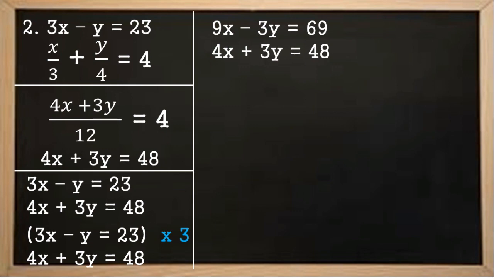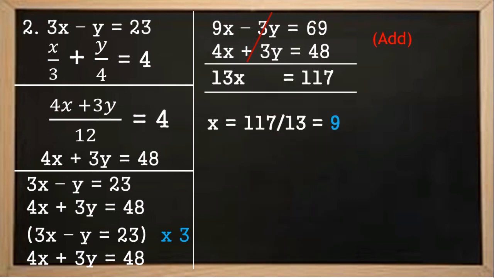Now in the second step, should we add or subtract? Minus 3y and plus 3y, if I add these equations, automatically minus 3y and plus 3y will be cancelled. Hence, we need not subtract or change the sign. What is the result now? 9x plus 4x is 13x, which is equal to 117. x is equal to 9. The second step is over. In the second step, as the equated variables are of opposite sign, we proceeded with the addition.